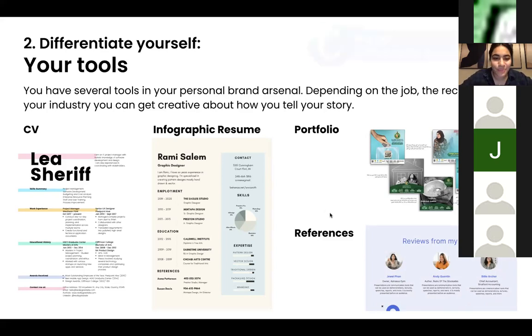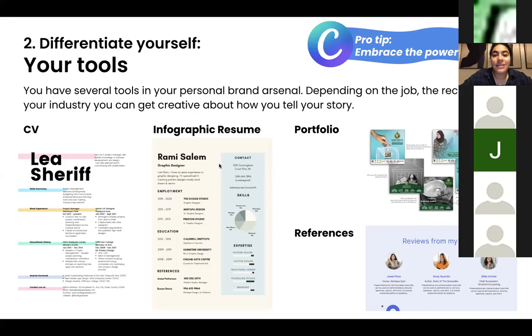And like I said, Canva is a powerful tool. It has templates for all of these things. You don't have to start from a blank page. It's free. You can go on, create an account, and search resume or search references. All of these templates, except for the portfolio, are from there. And you can just edit the information. So it's there for whenever you need it.